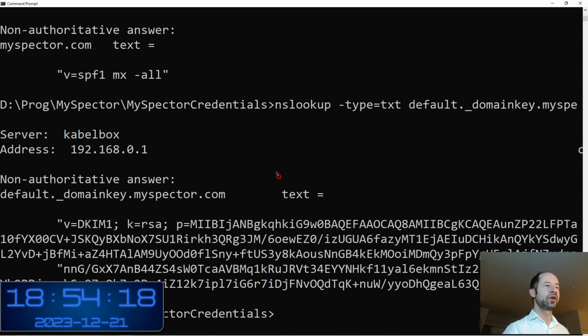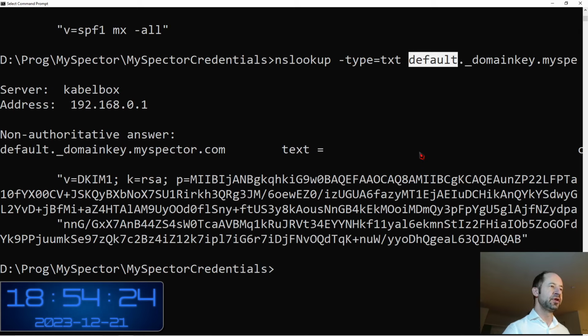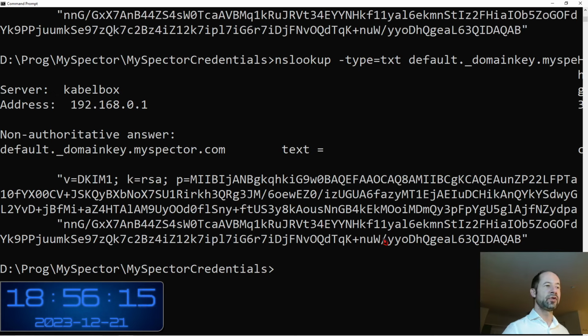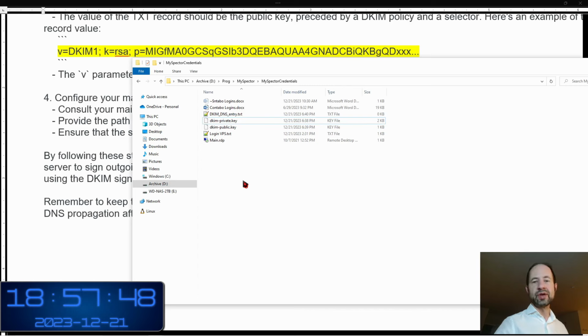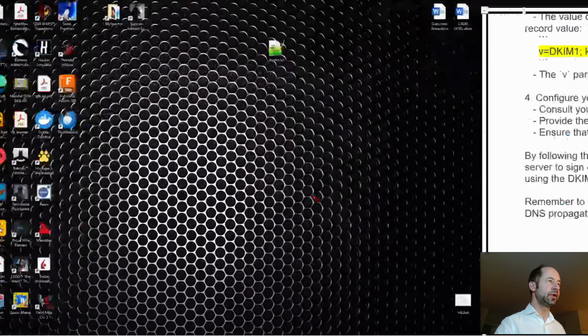And I obtain the result. But you see, for the prompt of NS lookup, I must provide this value here, which might not be the default one. I don't know, maybe I have made a mistake, but let's try to... Okay, maybe it's the way it is stored in the DNS server, I don't know, but I have checked, and normally the value is correct. So I am going now to take the private key file, go inside the server, and